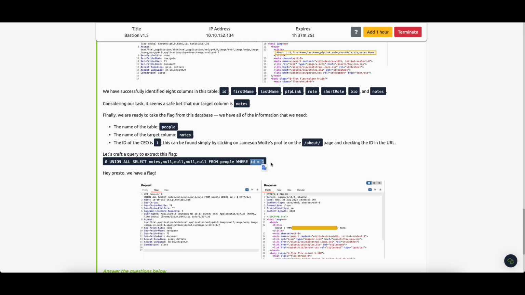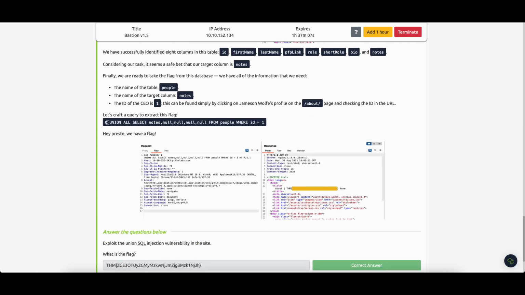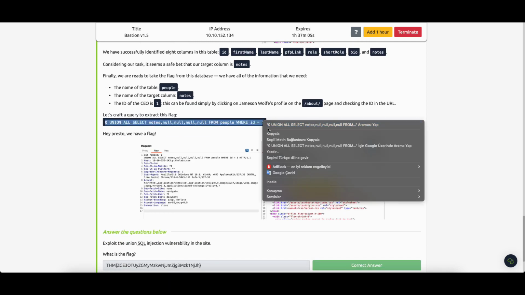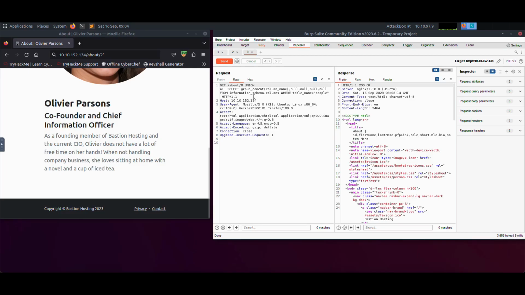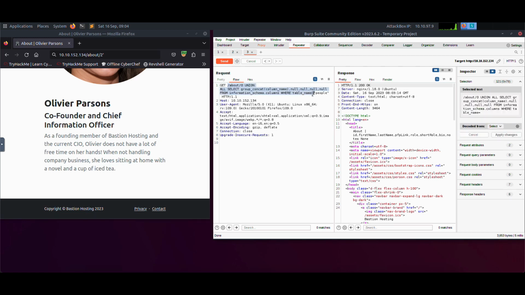I have to read it, but which information or which ID? And then we select our target, maybe a boss, maybe a CEO. The important thing here is it's an important person. Let's copy this payload and paste it